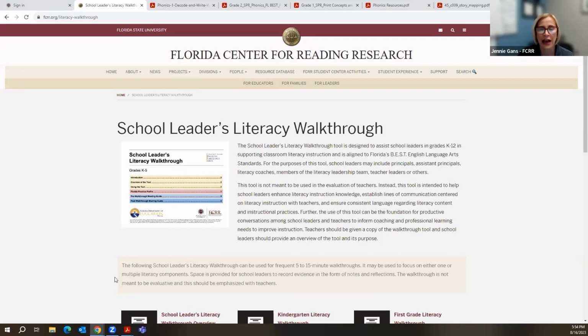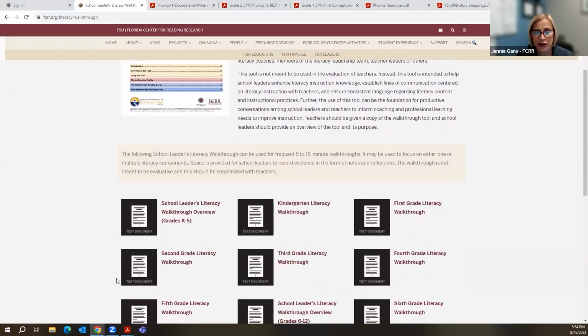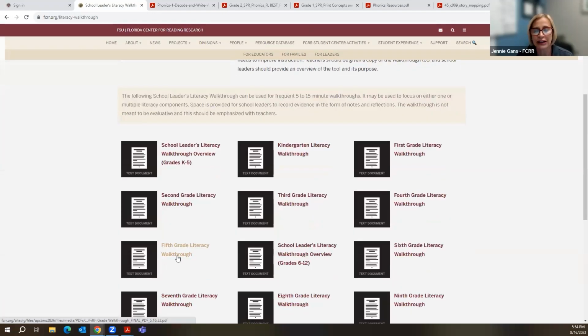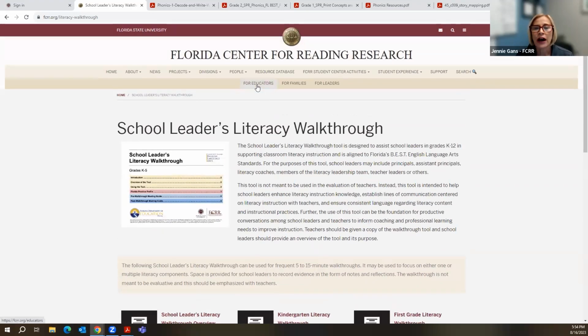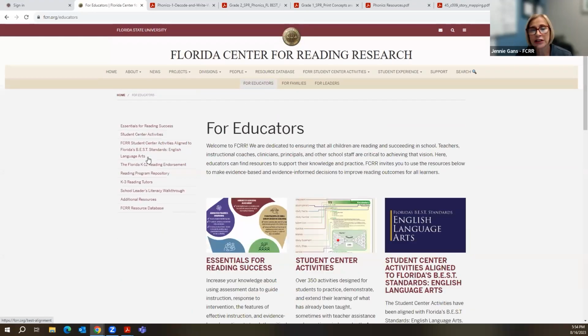It was modeled after that tool, but it is the standards from grades K to 12, as well as an overview tool for grades K-5 and then one for 6-12. And this walkthrough is non-evaluative. This is to help build literacy capacity in our buildings and in our schools and across our districts to teach the standards and teach our literacy practices. So that is what it is for.